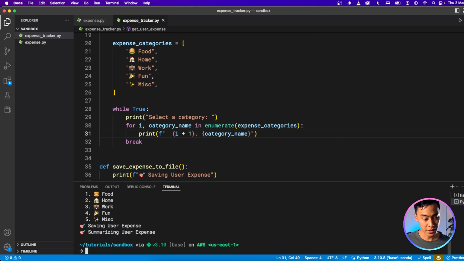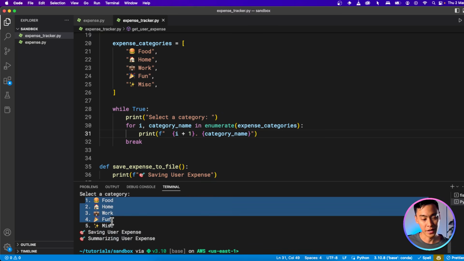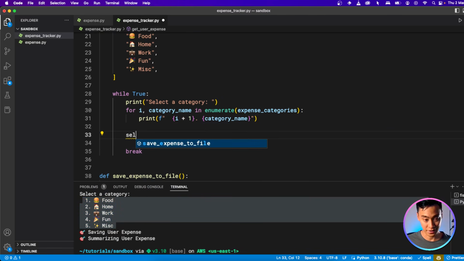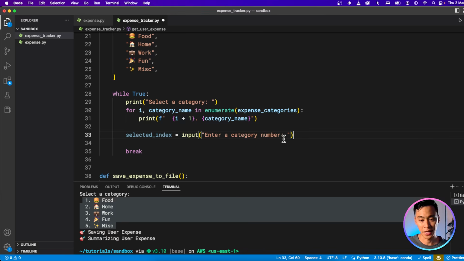And let's run it again, and now we have the index starting at 1. So people can select from 1 to 5. And let's store the selected index as a variable. It's going to be input, enter category number. And with things that a user has to select like this, I also like to put in a range of values that they can choose from.